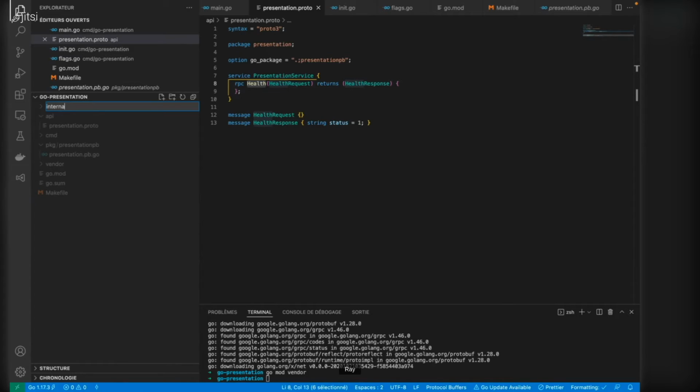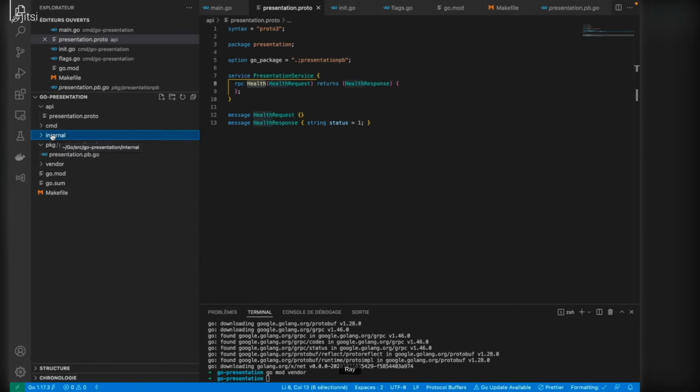I like to call it internal because this is where all the internal code of my application will be stored, which means that it will not be accessed by external applications. All external applications will just call the health function, but in no way will they import packages present in the internal package.